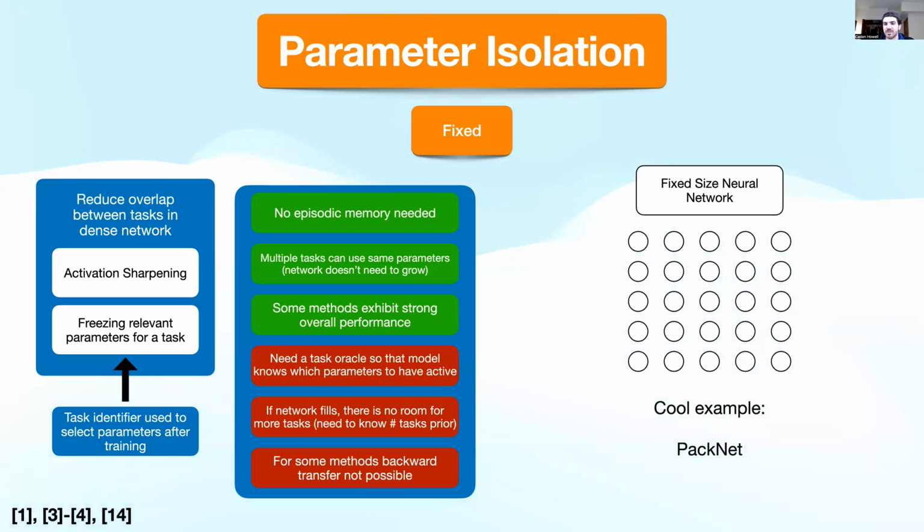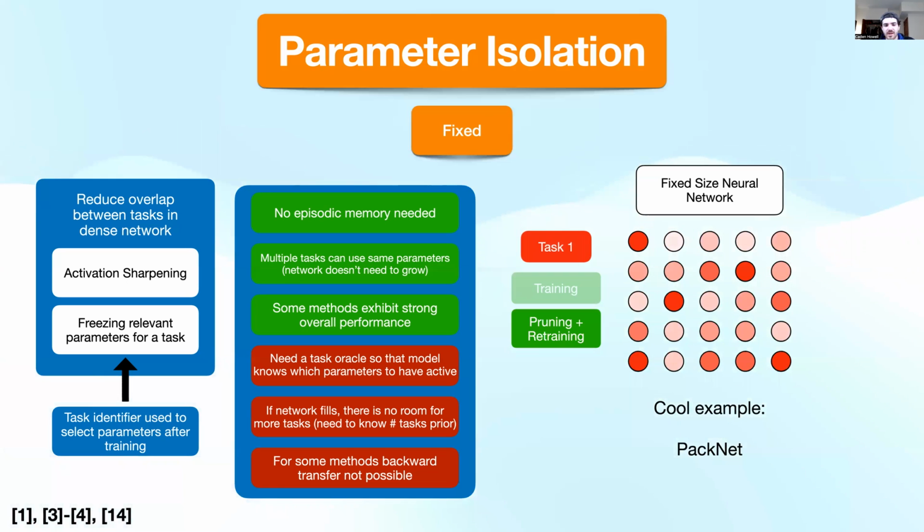We have PackNet here, which in practice performs very well on a bunch of continual learning tasks. Consider it training, right? We train it, we prune away everything with a low activation. We do some retraining to solidify those weights, freeze them, and then the process repeats for the next task. By doing this, we're essentially forcing representation into the network.